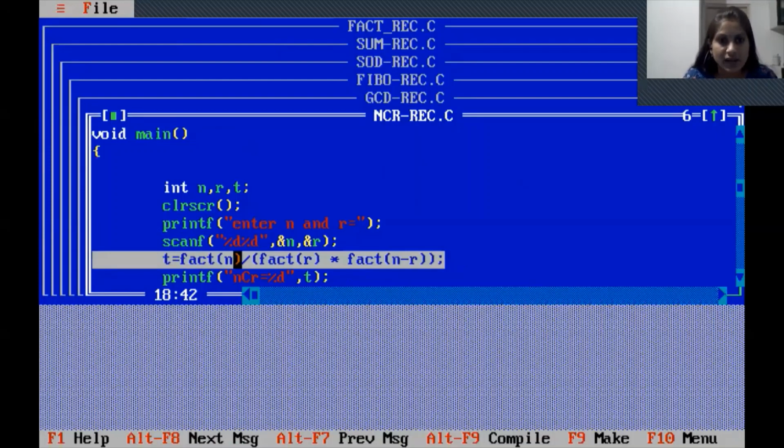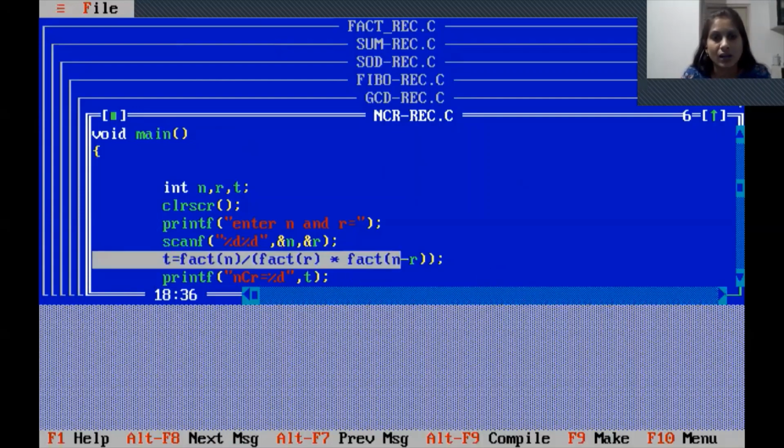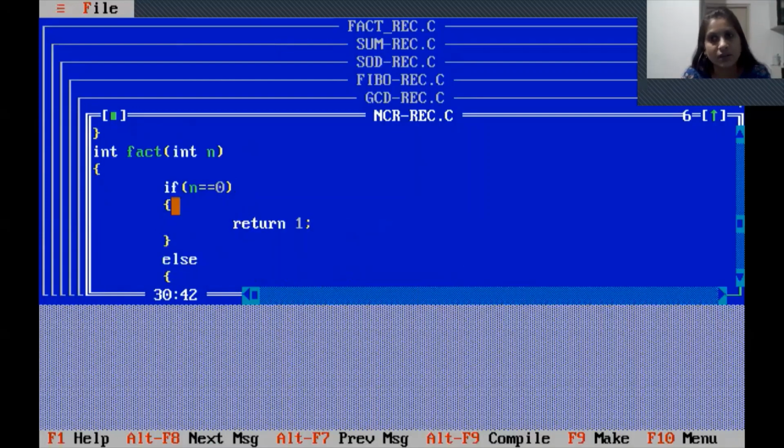Whatever answer we find is divided by factorial r into factorial n minus r. So 3 times the factorial function is called, and whatever the answer is, it is stored in variable t and the message NCR equals t is printed. So here the change is only the formula, no change for the fact function. The same logic for factorial.